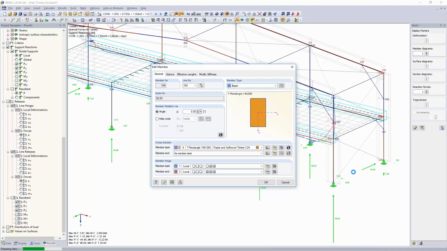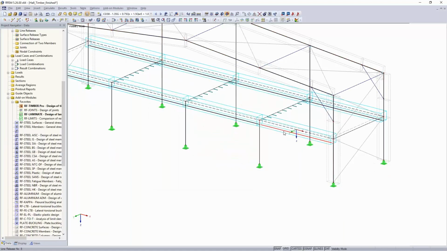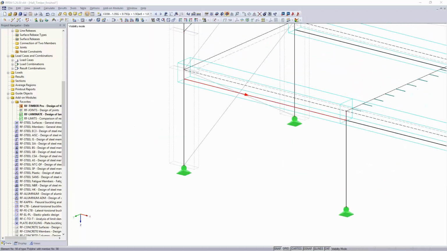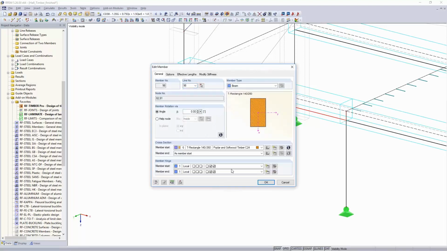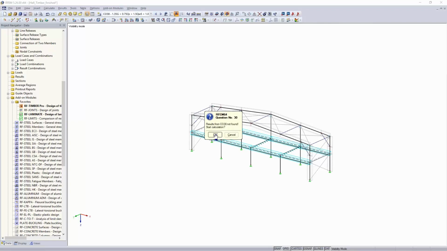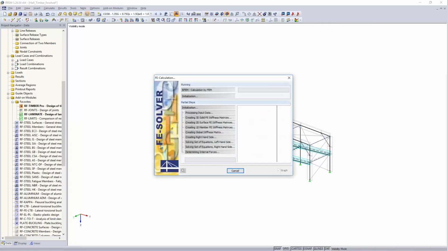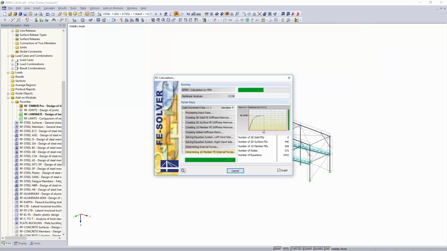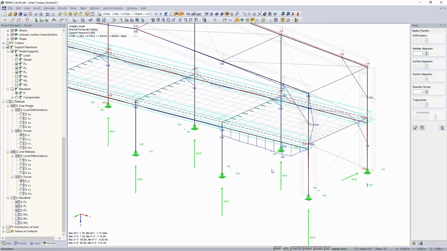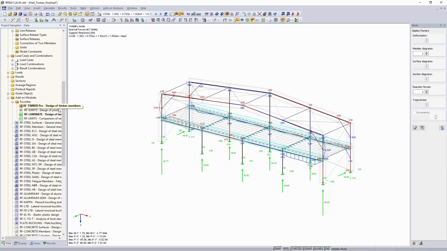Because a moment of 4 kilonewton meter could hardly be transferred with any kind of connection type that we have there. And we will do actually the same here on the start. So member start, this one as well, so the same hinge there. And now when we calculate the combination 38 again, and just look for the torsional moments that we have now, you see that we really decreased the torsional moment by a high amount. And now when we go back to the design in the add-on,